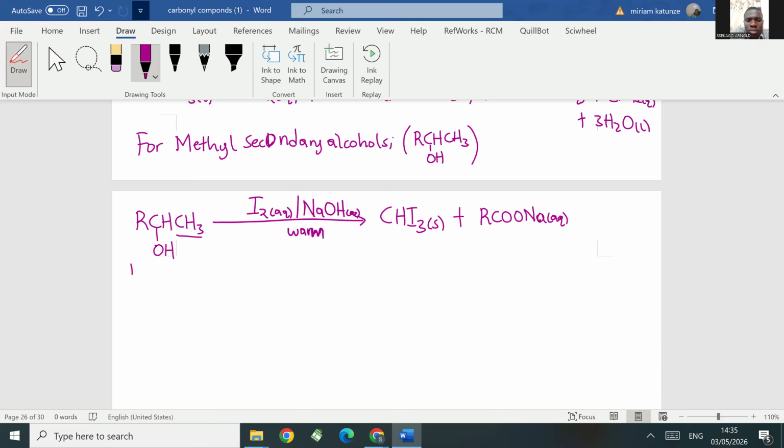If I take a specific example, look at propan-2-ol. I want to say that propan-2-ol is a methyl secondary alcohol. Propan-2-ol with the iodine, sodium hydroxide,